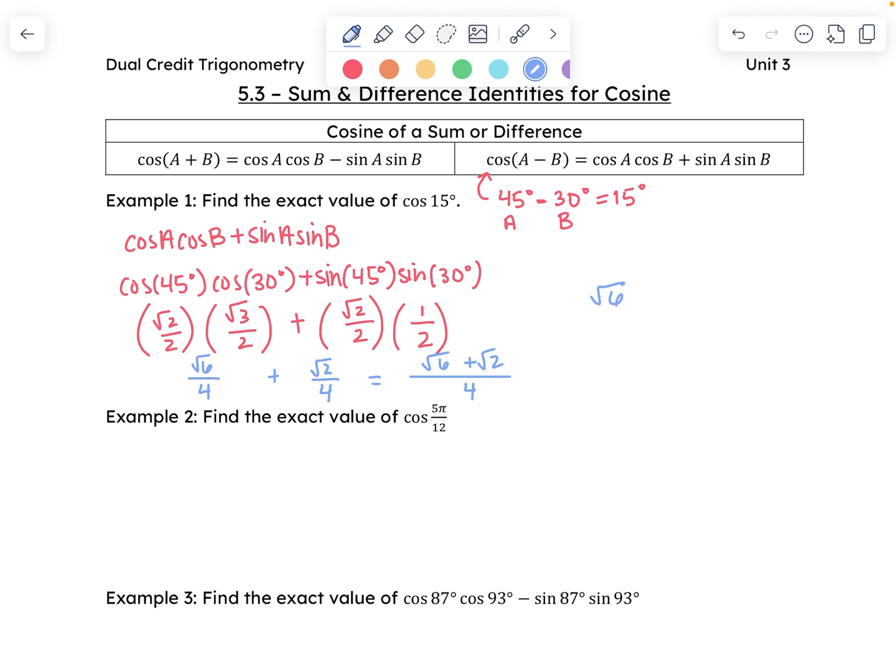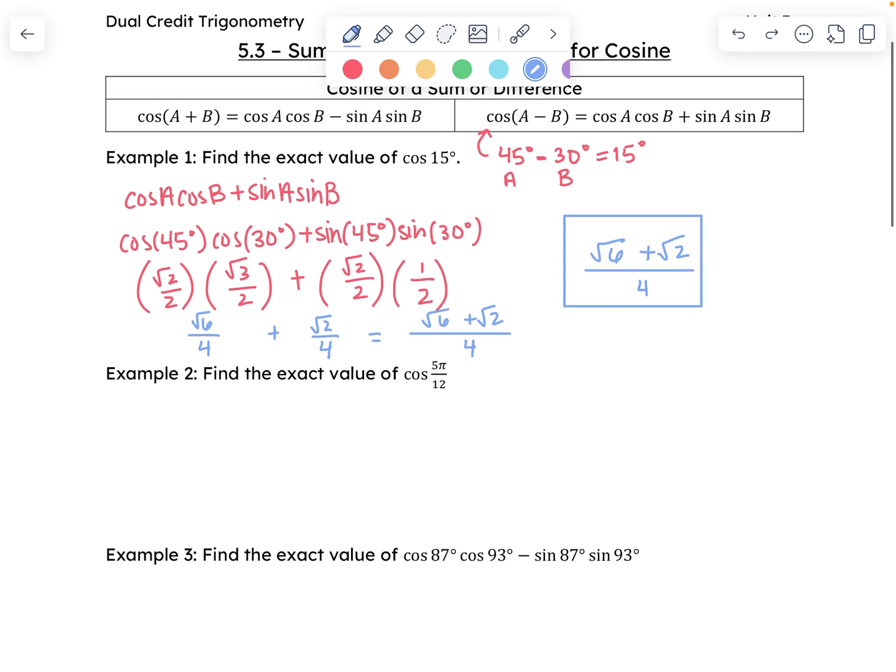From here, you would need to see if you can break down that square root of 6, which I can't. See if I can break down that square root of 2, which I also can't break down. So I'm just going to leave it like that, and that's my answer. I can't take anything out of that square root of 6 or out of that square root of 2. So there we go. Let's look at another one,